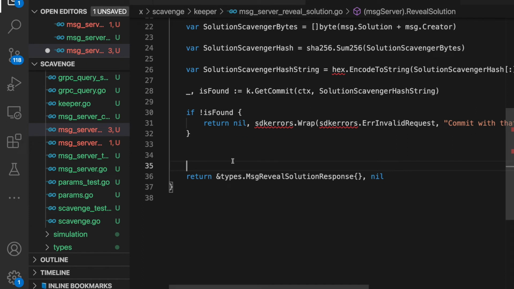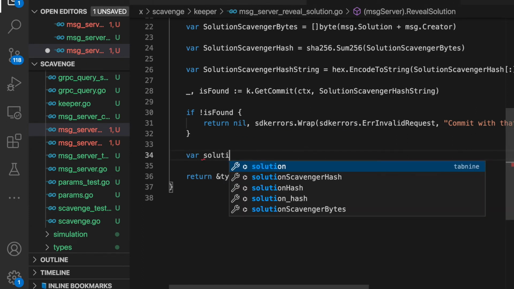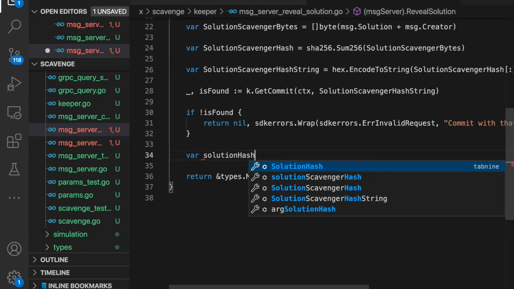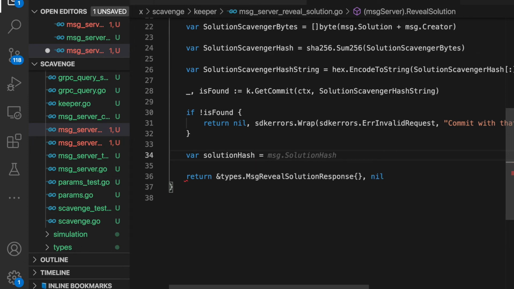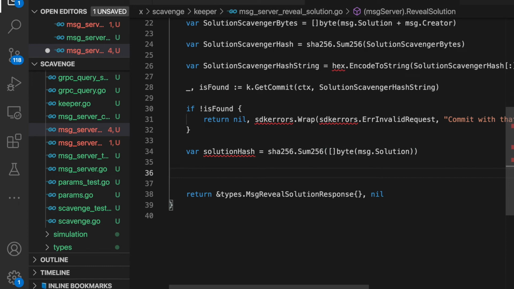So let's have a new variable called solution hash, which again we use the SHA-256 method, and then we pass in the message dot solution. Then we encode this solution hash into a string. So solution hash string,